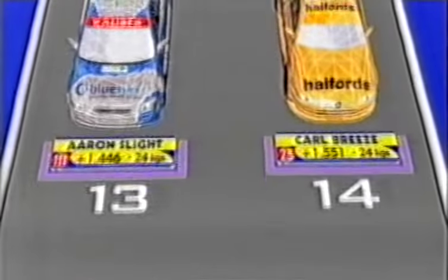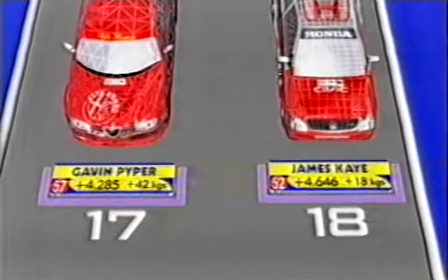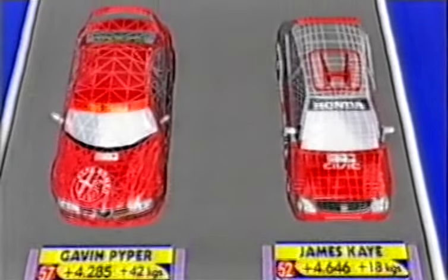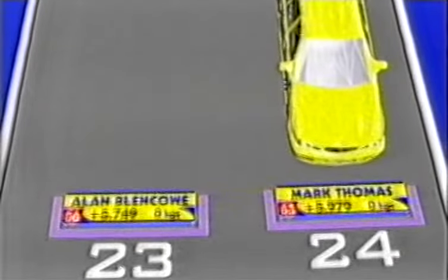The Team Halford's duo of Breeze and Eves are next, but Harvey's car hasn't made it, and Paul O'Neill had gearbox problems in qualifying. Gavin Piper has pole again in the production class, now with maximum success ballast. James Kay and Norman Simon will be giving the Scot a hard time. Dave Allen and Mark Fullerlove are next, but Alan Blenko is unable to start and leaves a hole for the